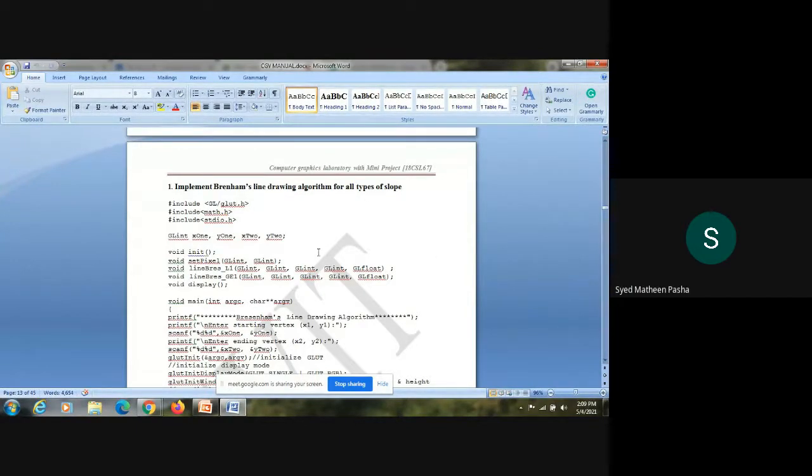So first, what is the procedure? Can someone tell? I guess there are some steps in Bressenham's line algorithm. Can someone read out the points which I have listed there? What is the first step in Bressenham's line algorithm?